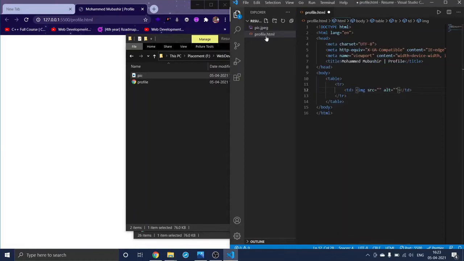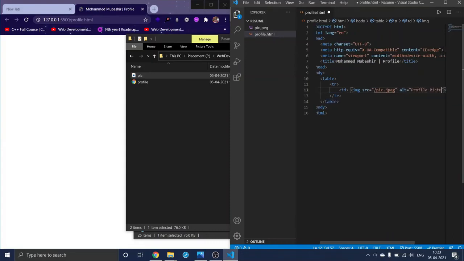and the source will be pic.jpg, and alternate text will be profile picture.